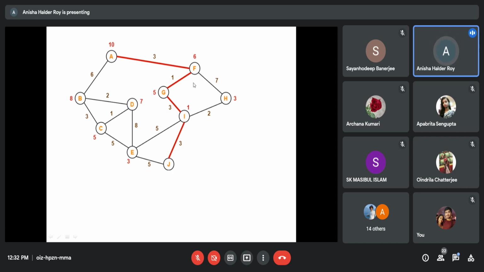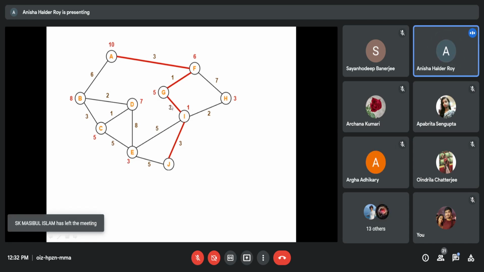Now calculate the heuristic. You will see this path's heuristic will be minimum.